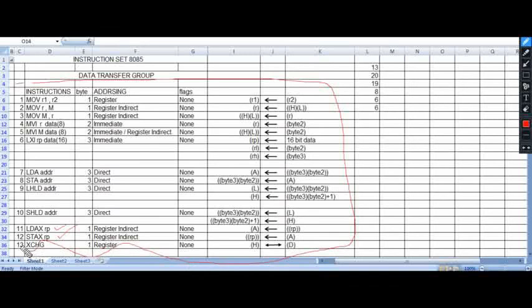In short, all the instructions are written here. It will be helpful to you. You have to write all the parts whatever is displayed on the screen. Okay, you can pause the recording and write.